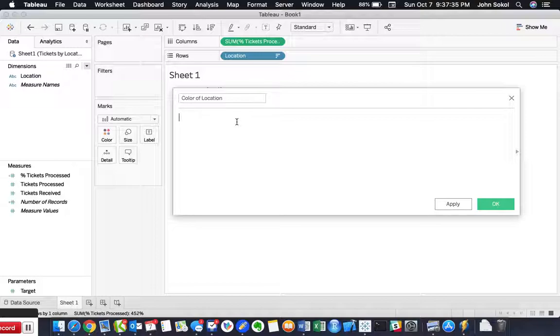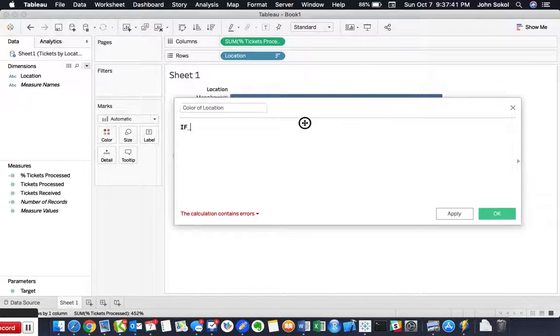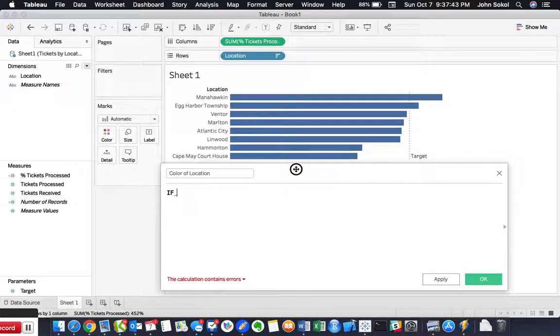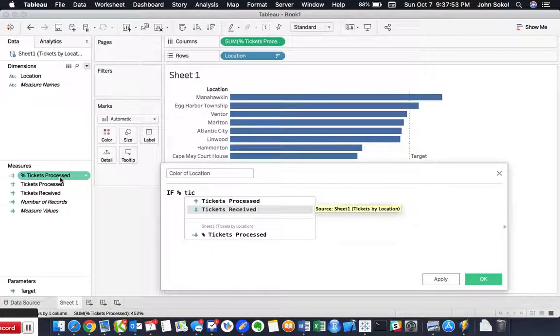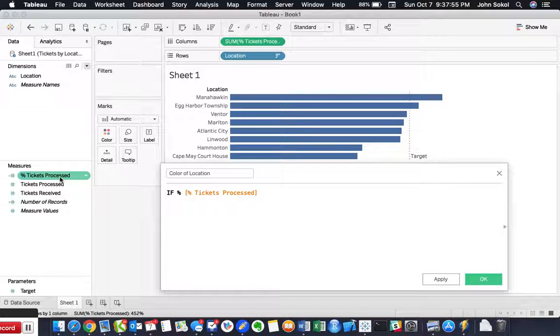And so you're going to type if, and then this is a very logical sequence of calculations here. So if our calculated field, our percent tickets processed, and start typing it, and then you can choose from the prediction here. If percent tickets processed is greater than 60%,